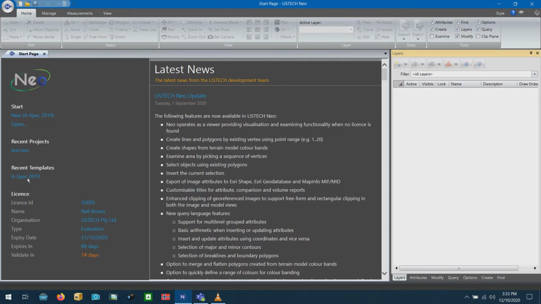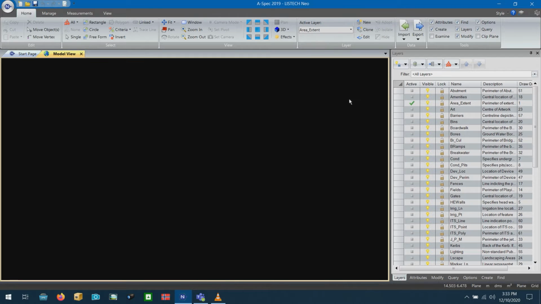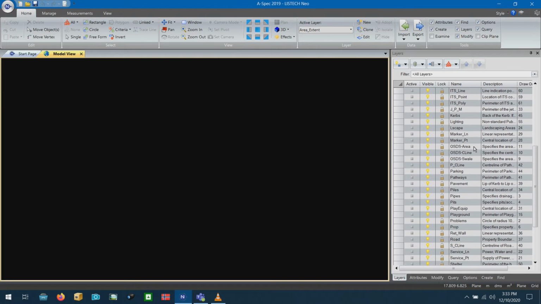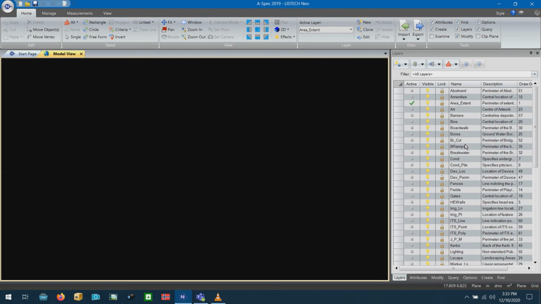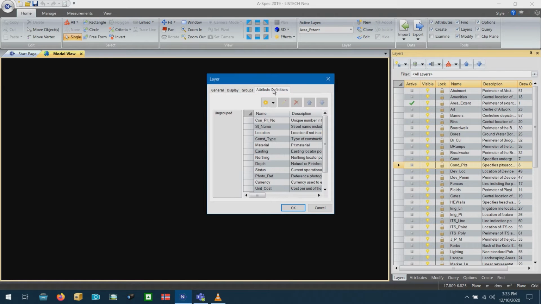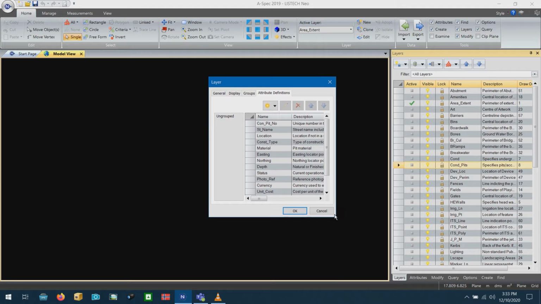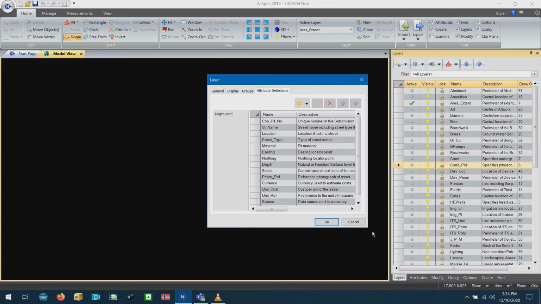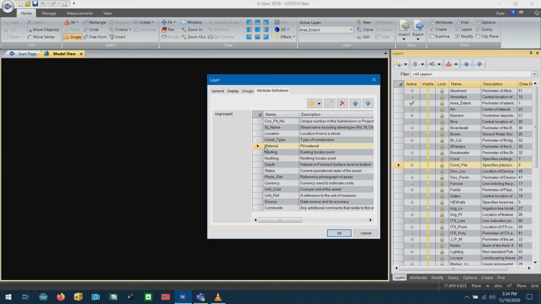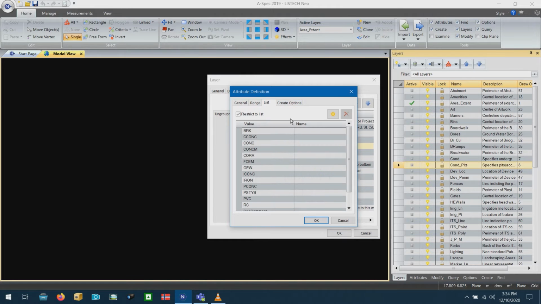If we go to the Layers tool, we can see that the project is pre-populated with all the layers supported by D-Spec, O-Spec, and R-Spec. Each of the layers includes the appropriate attributes, including pick lists with the allowed values. For example, if we have a look at the conduit pits layer, we can see that it has the attributes defined for D-Spec. And if we look at the material attribute, it is populated with a list of the valid